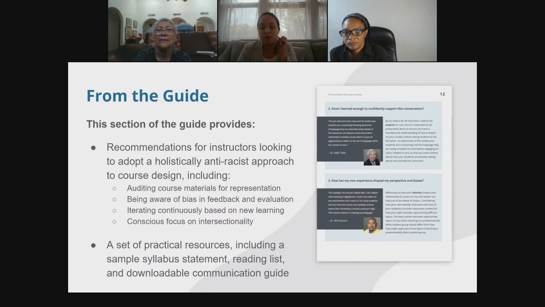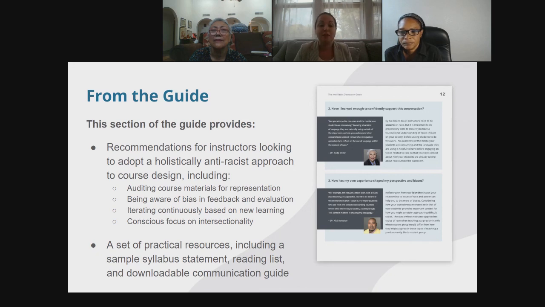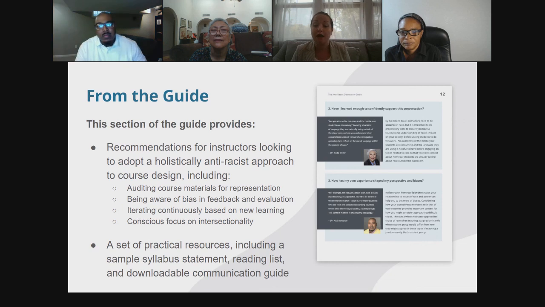That section also includes a set of practical resources. We included a downloadable syllabus statement in there that can help, if you're comfortable putting it into your syllabus, it speaks to why anti-racism is being brought into the classroom. A reading list that can help instructors and students extend the foundational anti-racist reading list to get you started. And a downloadable communication expectations page. That same thing I mentioned in section 2, we have that as a downloadable if you'd like to attach that or share that, or have it as a physical resource in the classroom as well if you are face-to-face this semester. So hopefully these resources are helpful. And again, they're just a starting point.